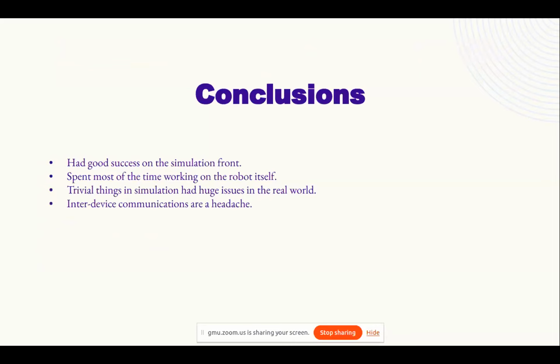So conclusions: I had good success on the simulation front, but I had to spend lots of time working on the robot itself, and trivial things in simulations had huge issues in the real world, and the inter-device communications are a headache. So the robot itself,